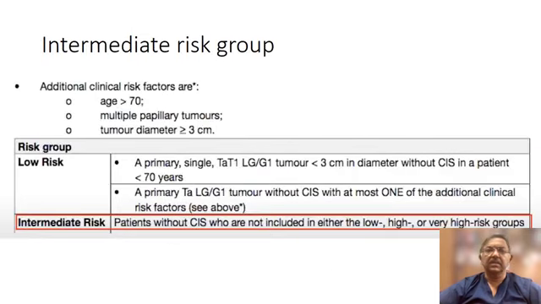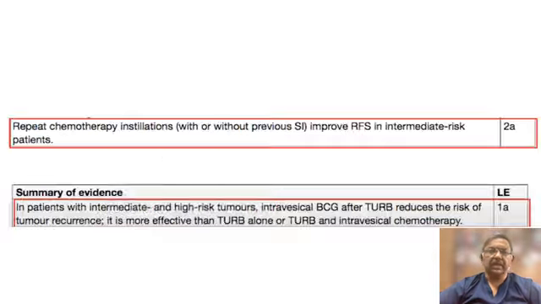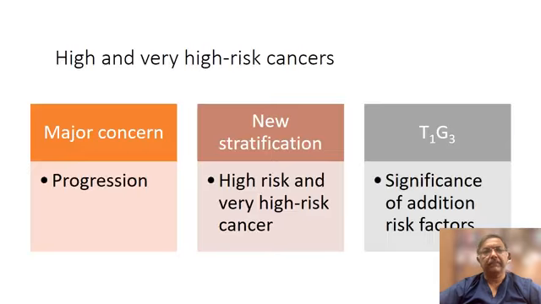And this is the summary for patients who are intermediate risk, like this gentleman. The chemoablation with mitomycin or epirubicin can be done 6 cycles as is usual, and maintenance can be given in higher risk patients up to 1 year. Now, what about high and very high risk category patients? The major concern in this group is that of progression from T1 to T2 disease, and in this way they become eligible for more aggressive treatment.